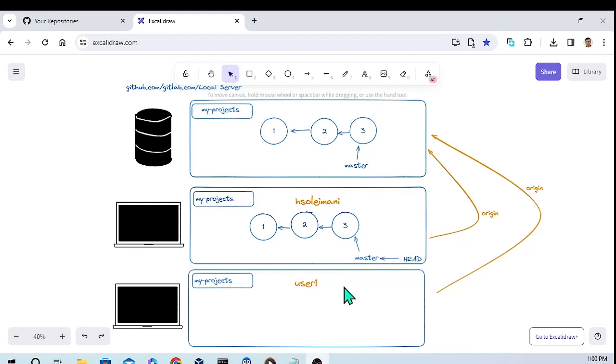So Mrs. or Mr. User one is going to interact with this remote repository